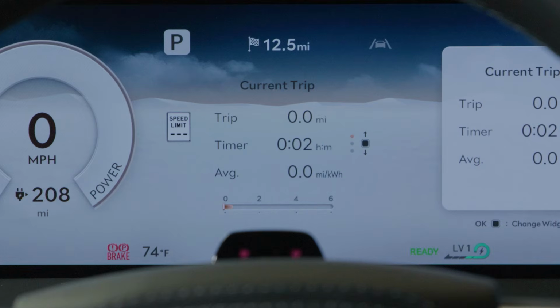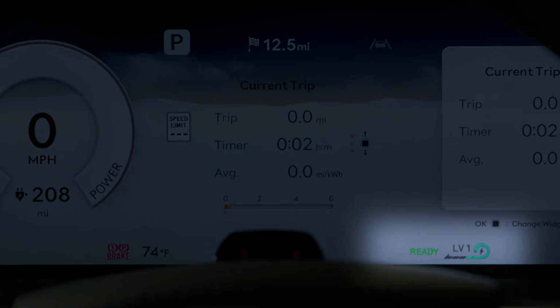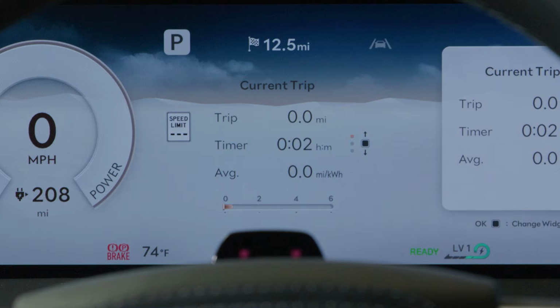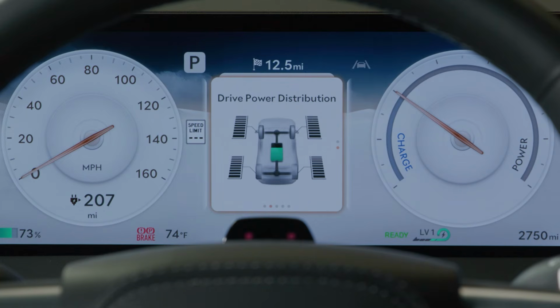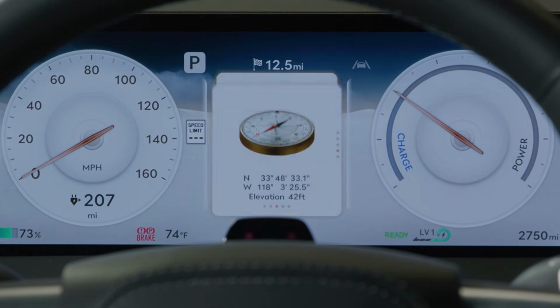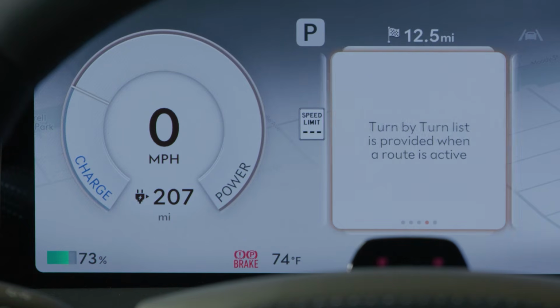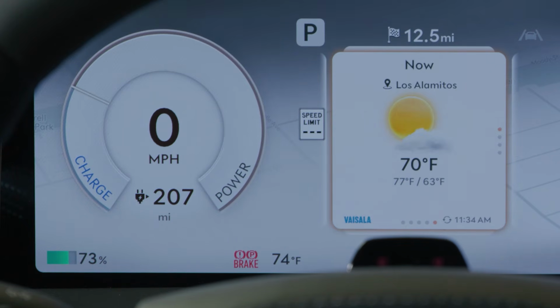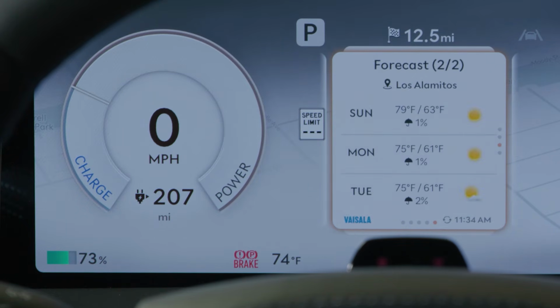Below and to the right of the cluster view mode display is the regenerative braking level indicator. Here you can see the ready state of the vehicle, as well as the currently selected level of regen braking. In Type A mode, the normal view mode will display the cluster widgets in the center. In Type B mode, the cluster widgets will display in the center or the right side, depending on the currently